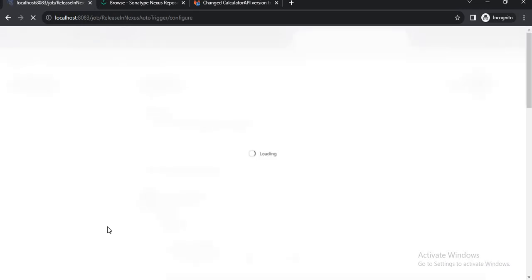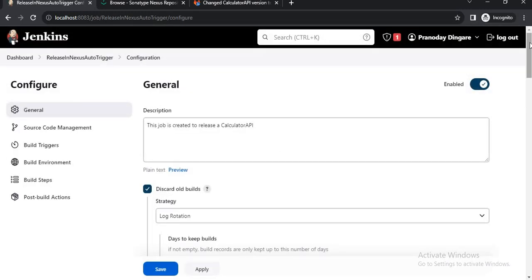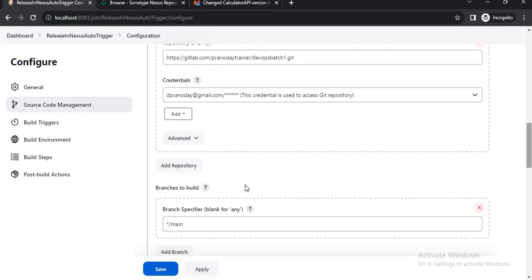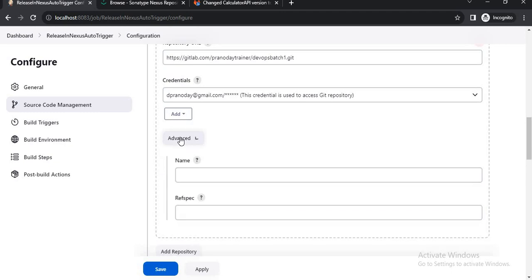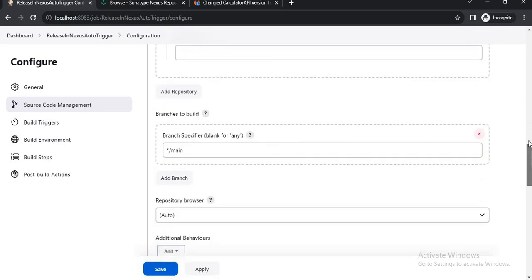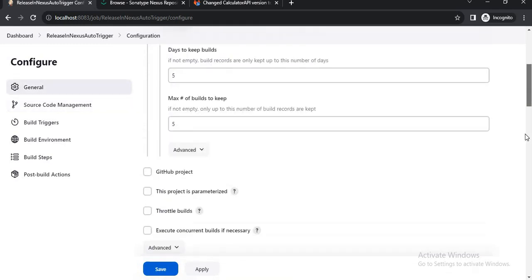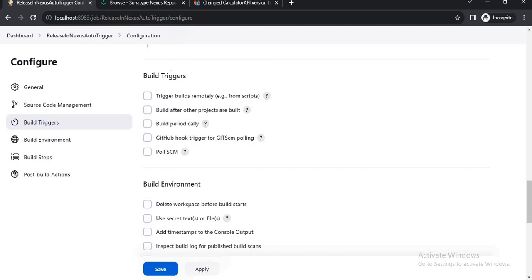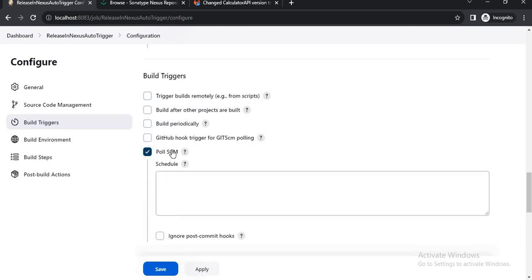Let's click on OK. Now we just have to do one small change. Let me go down, not here, sorry, in the trigger basically. Let me go to the trigger, yes, and here I have to say poll SCM. I have already mentioned that poll SCM means it will check for changes.